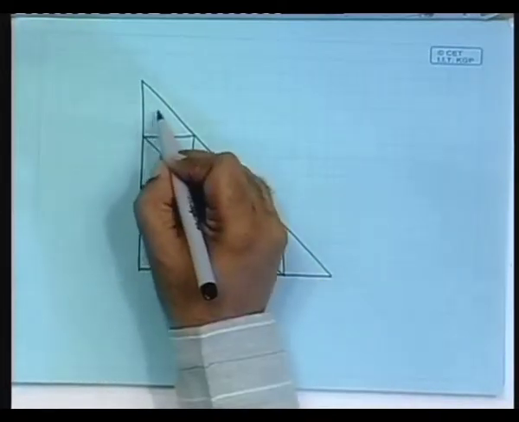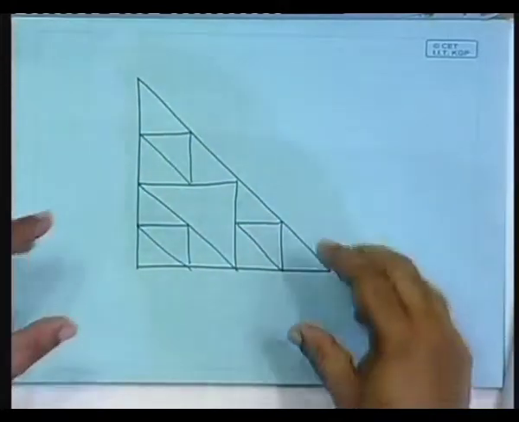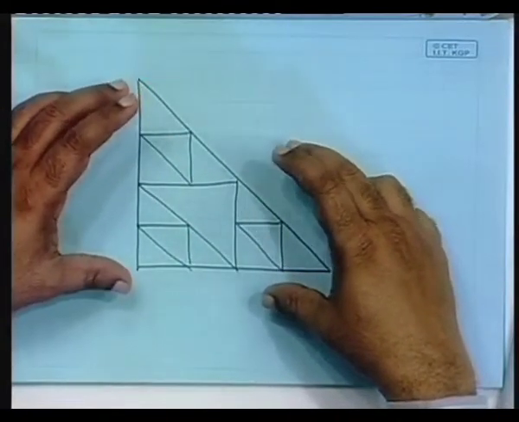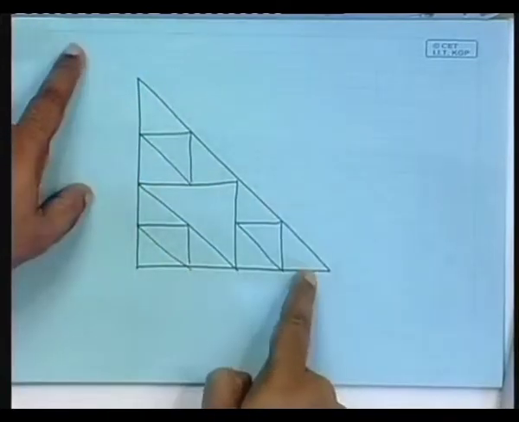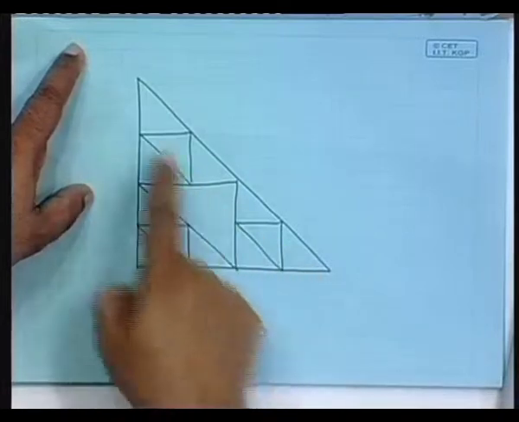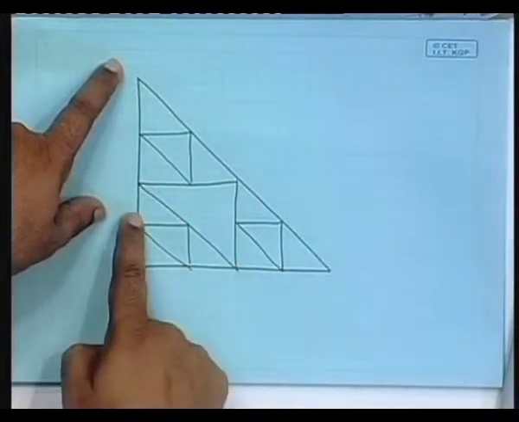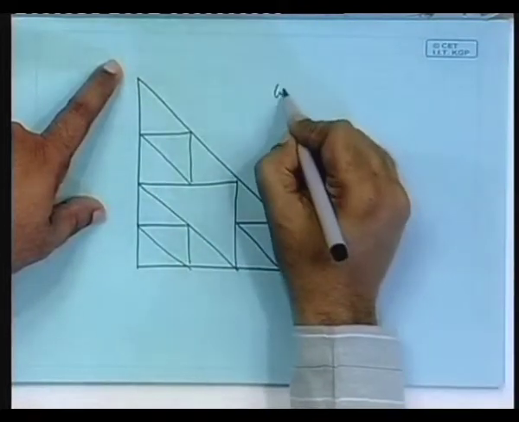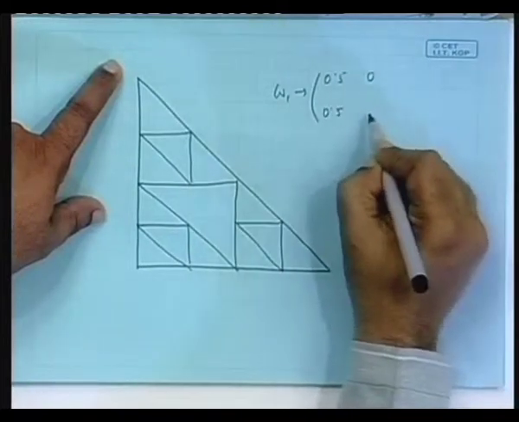Well, this will of course be further subdivided, but nevertheless the point is that we are trying to obtain a particular affine transformation which generates only this part from the whole. So which transformation when applied on the whole will generate only this part? The last one, same one actually. So your W1 would be 0.5, 0, sorry,